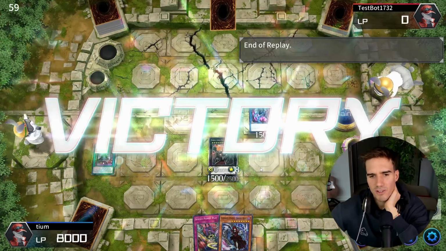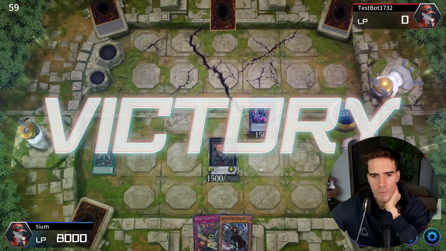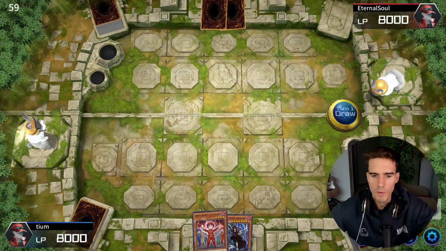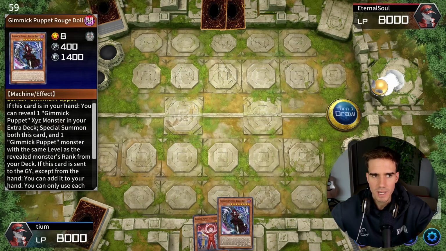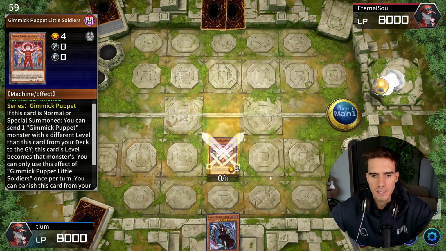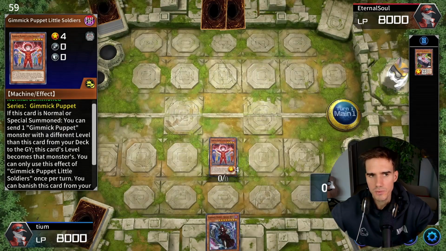Now let's move on to the second combo. I'll show you the second combo, where we will do it a bit differently and we will not open with the field spell. For our second combo, we will open with the Gimmick Puppet Little Soldiers as well as the Puppet Rogue Doll. Firstly, we are going to normal summon Little Soldiers, activating the effect to send to the graveyard